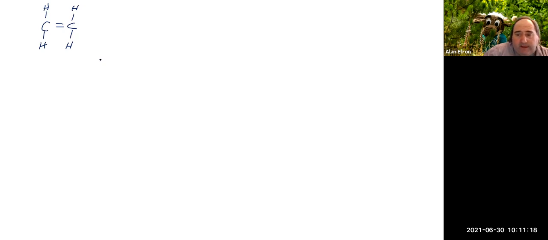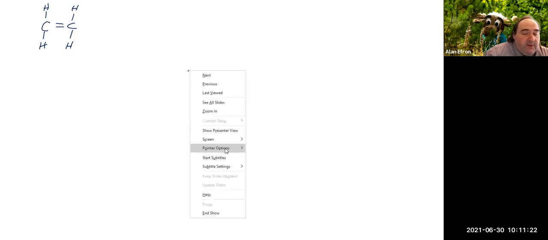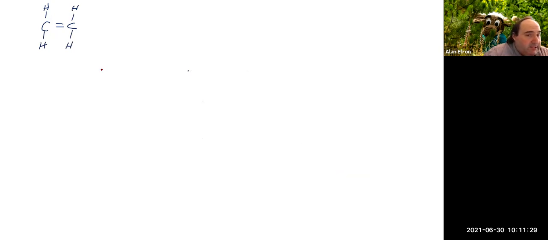As we talked about with geometry, that's not an issue. We can do geometry for each of the central atoms separately, and we can apply hybridization to each of them. So what I'm going to do is number the carbons. I'm going to call the one on the left carbon number 1, and the one on the right carbon number 2. And the first thing we're going to do is the geometry